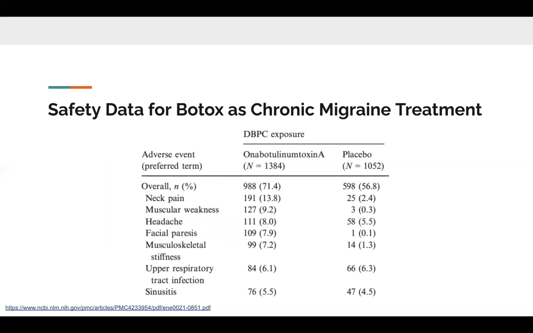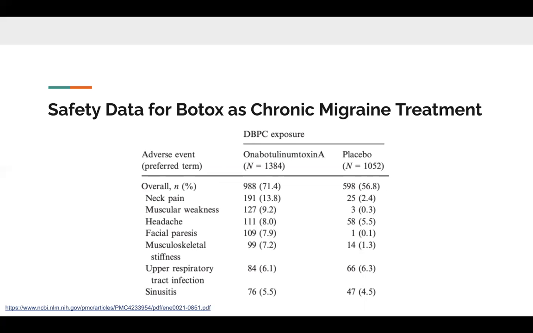So here's some safety data for Botox as a chronic migraine treatment. All adverse events with 5% or greater prevalence in those with Botox exposure are shown in this table here. As you can see, 71.4% of all people with Botox A exposure experience some sort of adverse event. The three most common in the people that received Botox treatment were neck pain at 13.8%, muscular weakness at 9.2%,